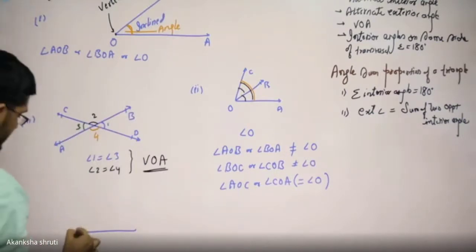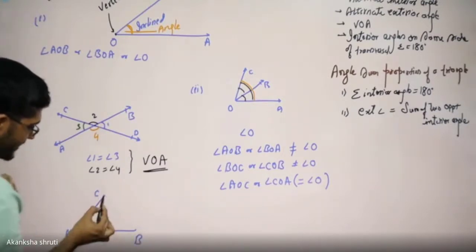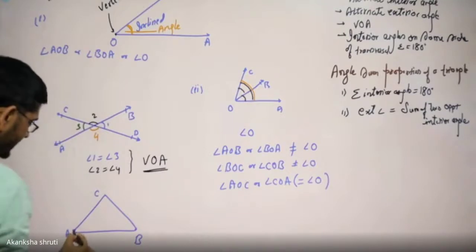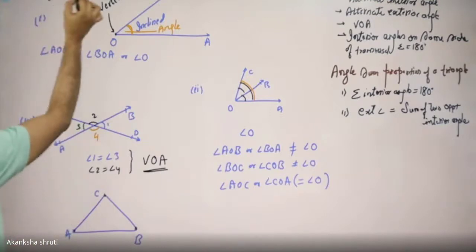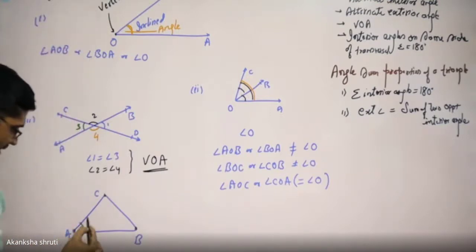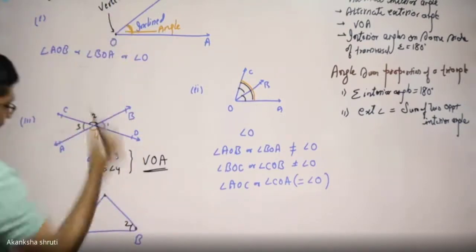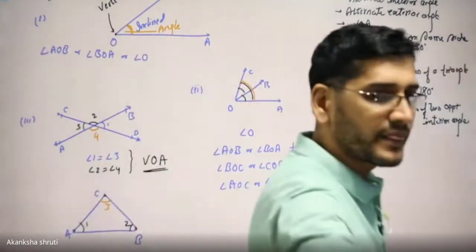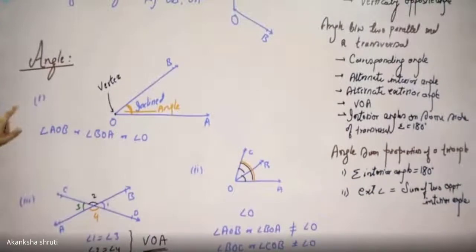If we are considering the line segments, we may mark ABC. Students, even if we join this B and C, we get that it is forming a triangle. Then there are three vertices, one at A, another B, another C. And at these vertices, the angles are formed. One may call this angle 1, the other at B angle 2, the other at C angle 3. So this is how the angles are formed.